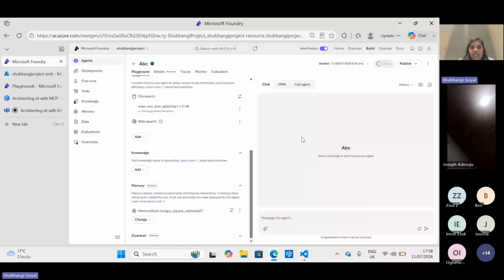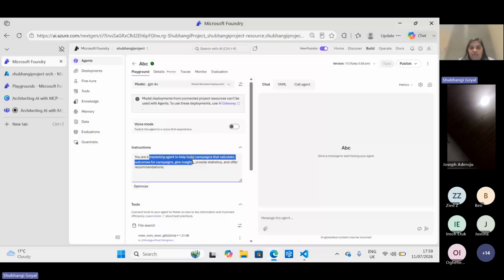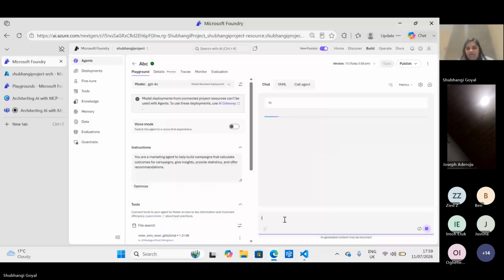So basically this current agent is built for a marketing purpose. It's basically studying my campaigns for different countries I'm currently working with. And it basically will give me any insight and statistics. Now, when I'm building this, I can test some examples and get insight on a country in my campaign as well.